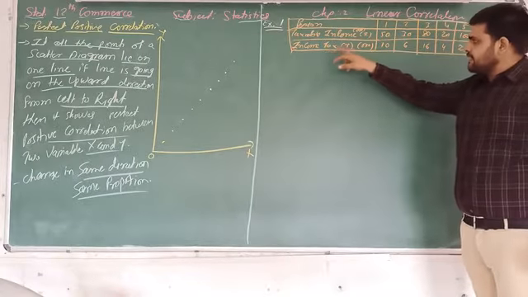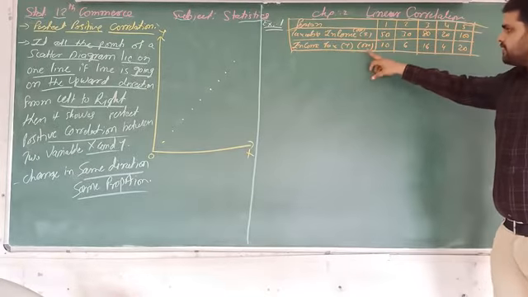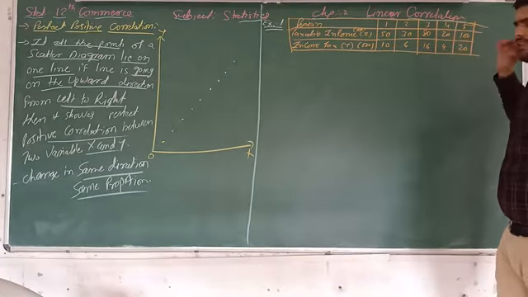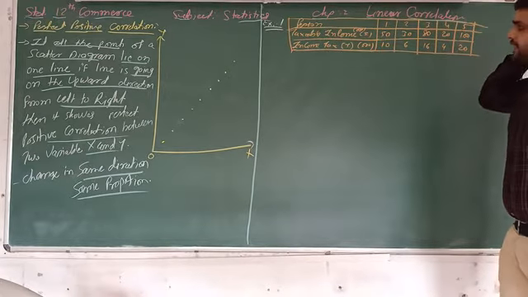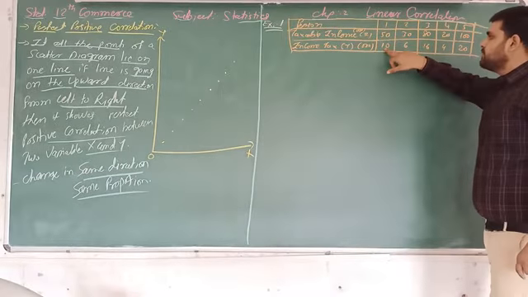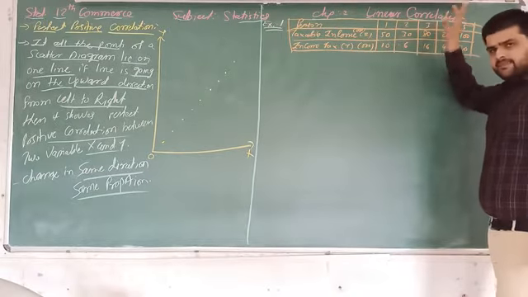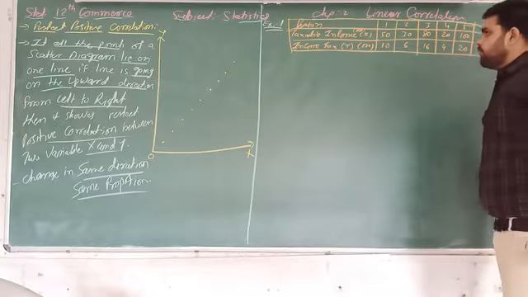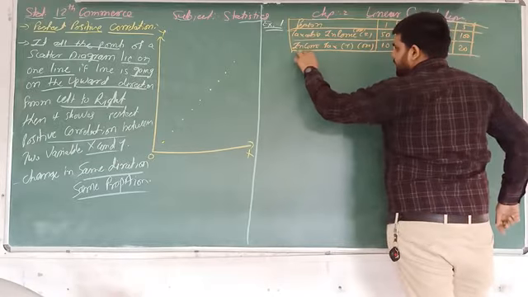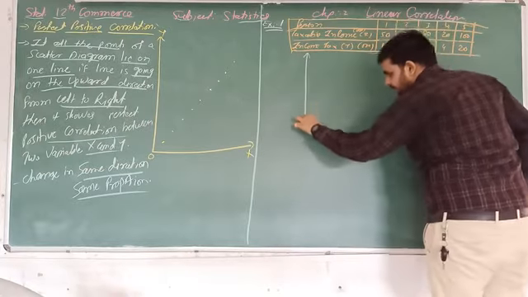Income tax is denoted by Y. It is also in thousands: 10,000, 6,000, 16,000, 4,000, 20,000. It means that when person one is earning 50,000, he is paying tax of 10,000. For 30,000, tax is 6,000, and the same for the others. So what we have to do? First of all, we have to prepare a diagram, a graph.